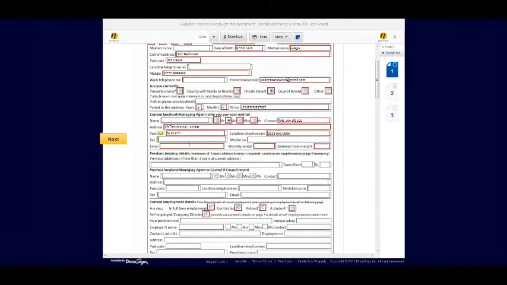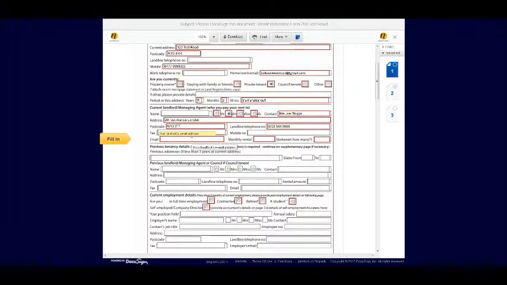There's also the option to include a fax number and mobile number if that's appropriate. You are required to put in the email address of your landlord so that we can get a hold of them, and include what you have been paying in monthly rental up until this point, and how many people you've been sharing that